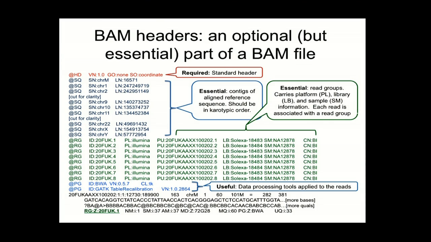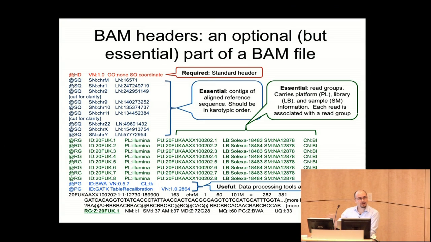It provides metadata that tell you from an individual BAM file what type of machine was used to produce that data, information about the lane that was run, and critically, the relationship between the reads and the lanes, because you may have multiple samples present in a single BAM file, and being able to disentangle reads so that you know which read came from which sample and which read came from which lane on a sequencer